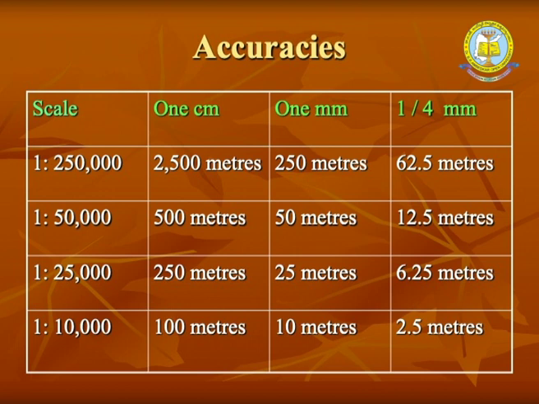Suppose you are building a metro rail or you are building a road, so 2.5 meter would become very, very important. In that situation, you might even require a map of a scale of 1 is to 1000. So, depending on your work area and where you are going to use the map, you will define the accuracy, and accuracy is defined on the scale of mapping, and scale of mapping comes from either a topographical map or the tools that you use, like initially I told you, satellite remote sensing, photogrammetry, the GPS. All of them have various accuracies. So, when you compile them and make a map, that map will have an accuracy which